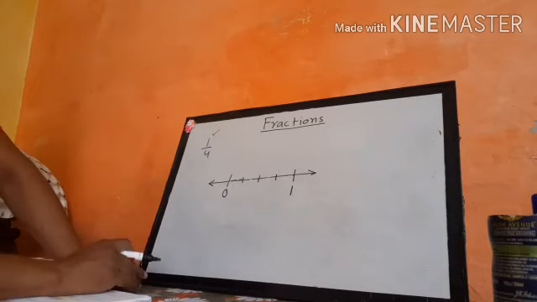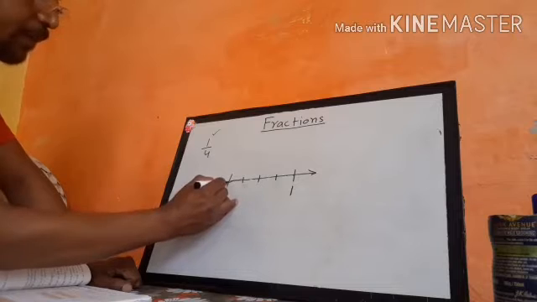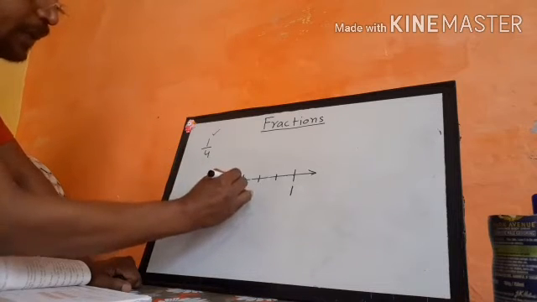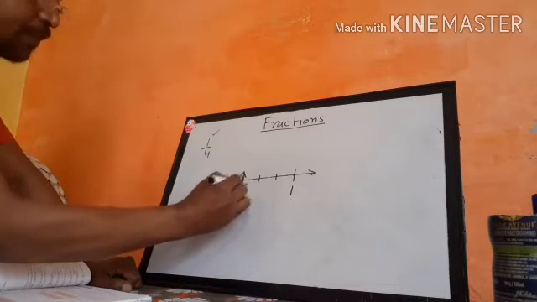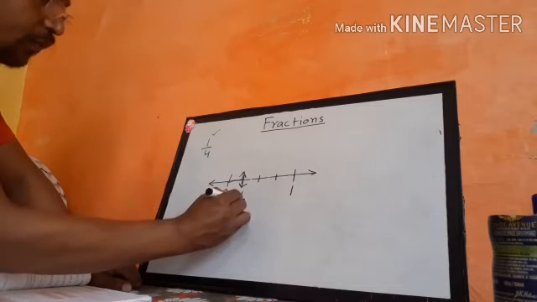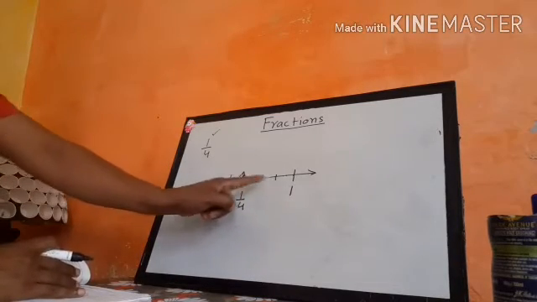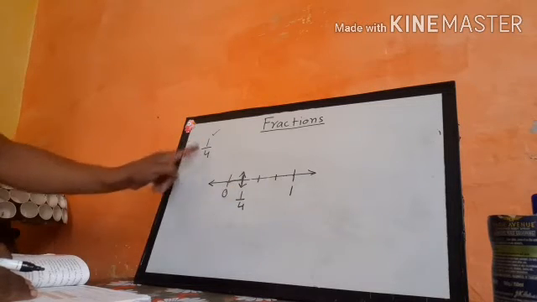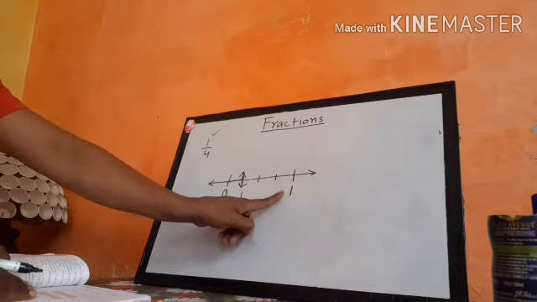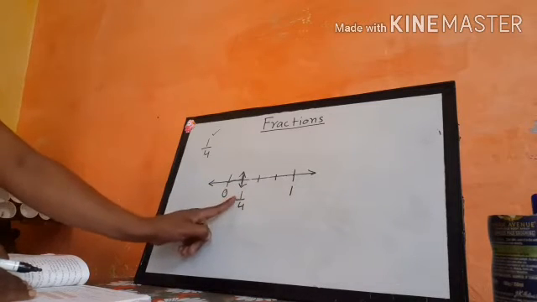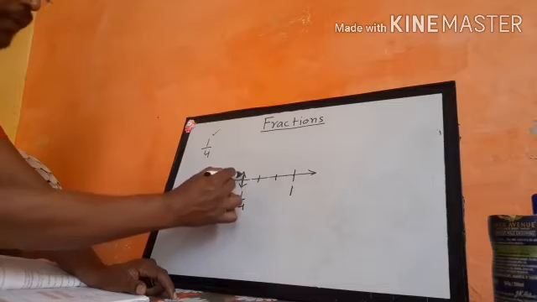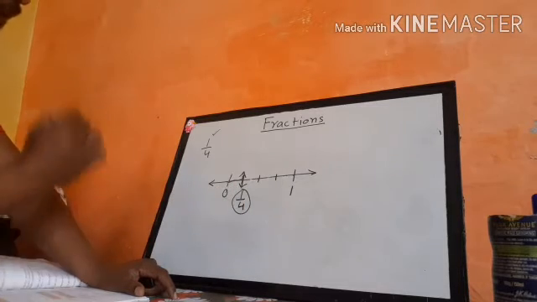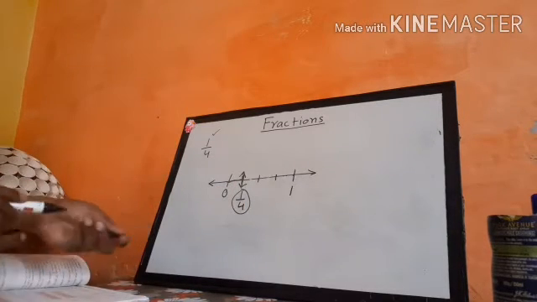So out of these, here the numerator is 1. Choose the first part. So this is our part. So here this point will represent the value of 1 upon 4. Out of 4, I have chosen 1. This is the concept of the fraction. So here 1 upon 4, I have made 4 equal parts, and out of these I have chosen 1. So this arrow will represent 1 upon 4 on the number line.